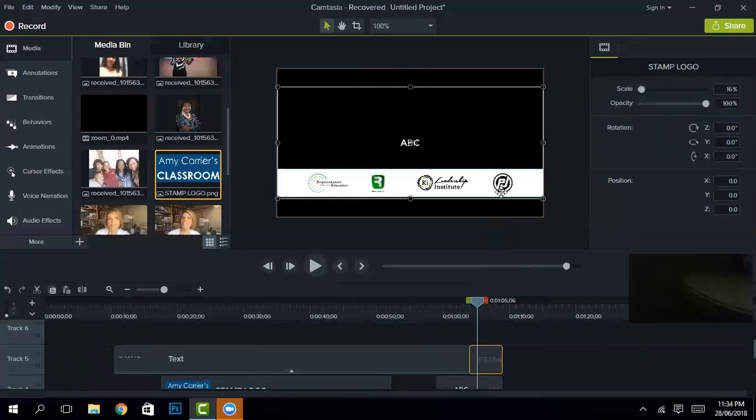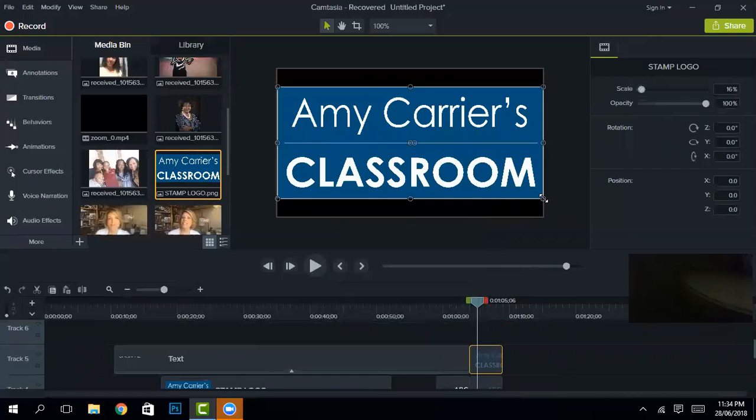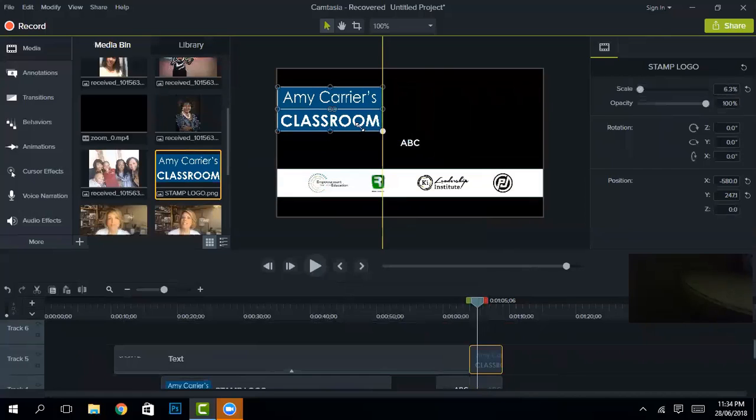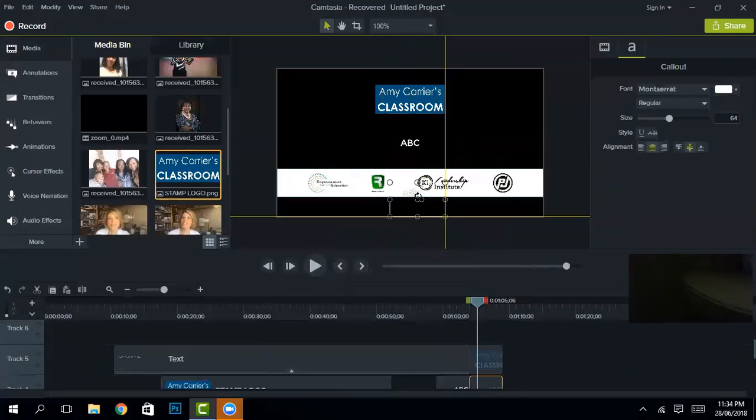Okay, and I will just lower it for this size. Okay, and these yellow lines also help you to